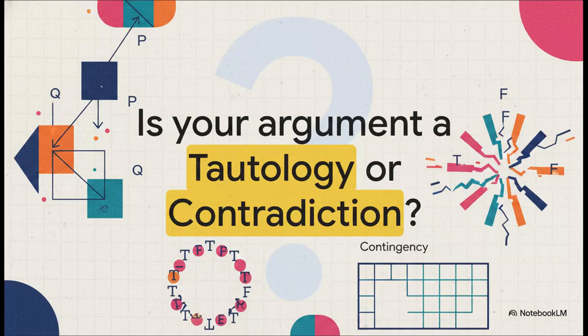Which leaves us with this final thought. You are now fully armed with a mathematical blueprint of reason. You know all about the foundational propositions, the glue of the connectives, and the absolute superpower that is the truth table. So I'm going to leave you with a challenge. Is the next complex argument you hear a tautology, an absolute certainty? Is it a contradiction, just logically falling apart at the seams? Or is it a contingency, waiting for you to actually verify the facts? The tools to find out are